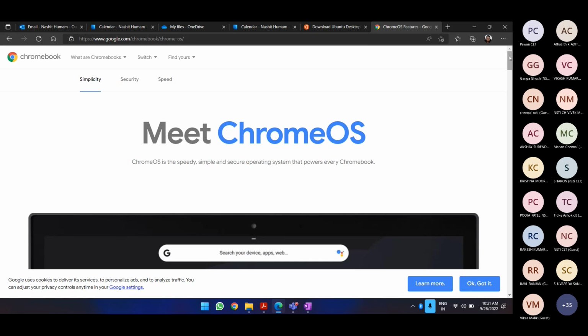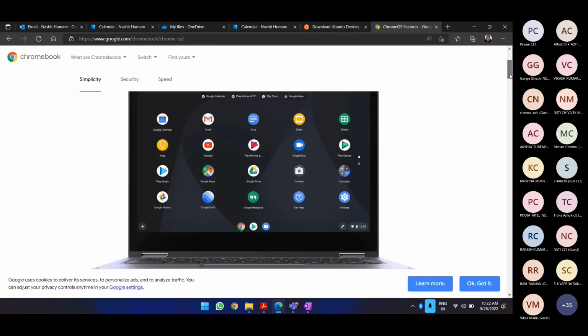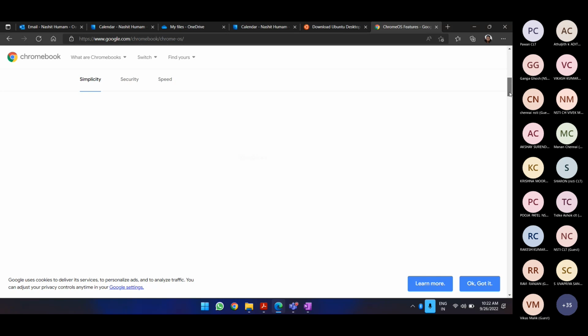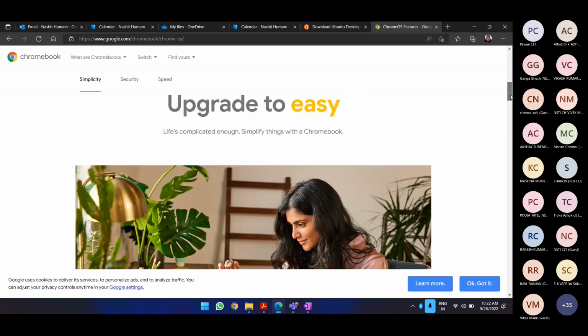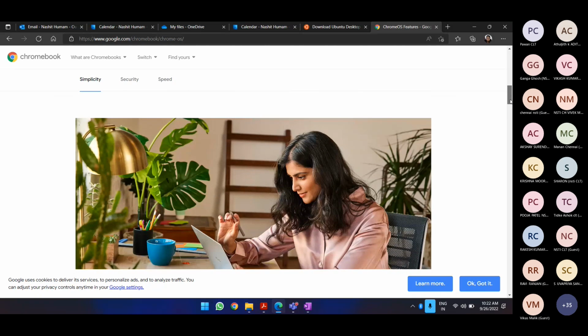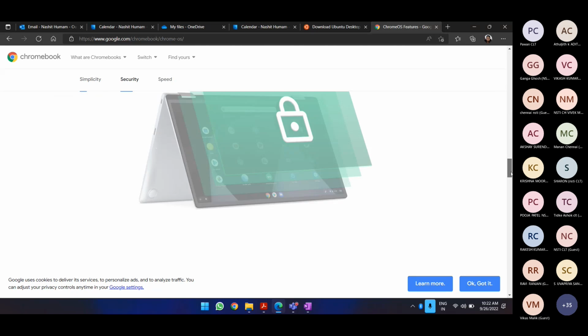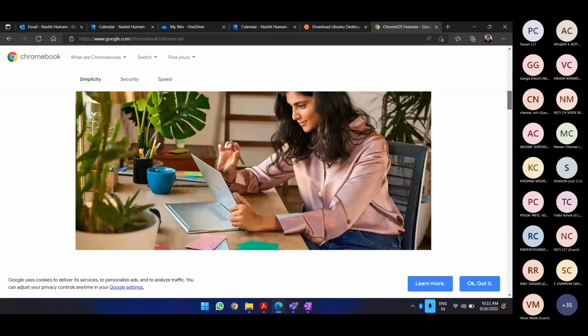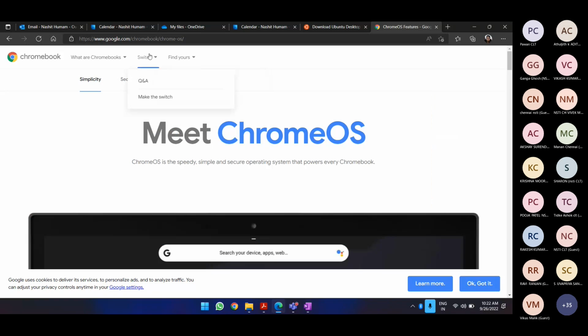Chromebook won't allow you that much liberty. This is how Chrome OS looks like. I won't say it is an upgrade, it's a downgrade. Chromebooks, Chrome download, meet Chrome OS. It was developed on Chromium.